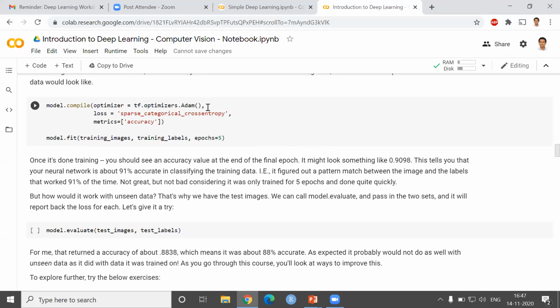I don't want to discuss the ADAM optimizer more right now, but know that we are trying to bring in nonlinearity and push the data from one layer to the other in order to help the process of learning through the neural network.